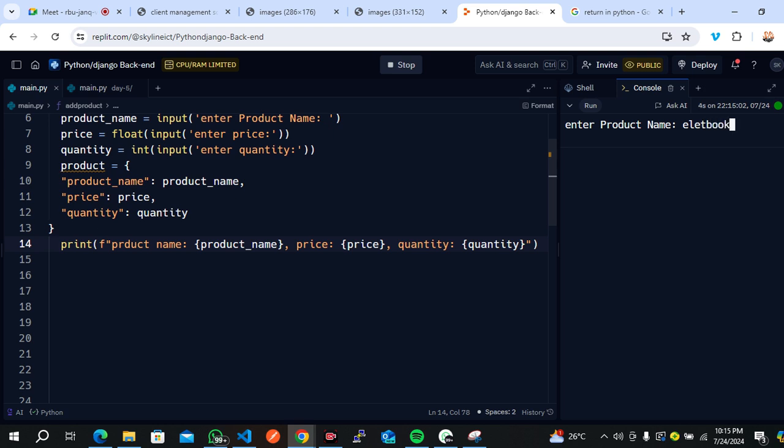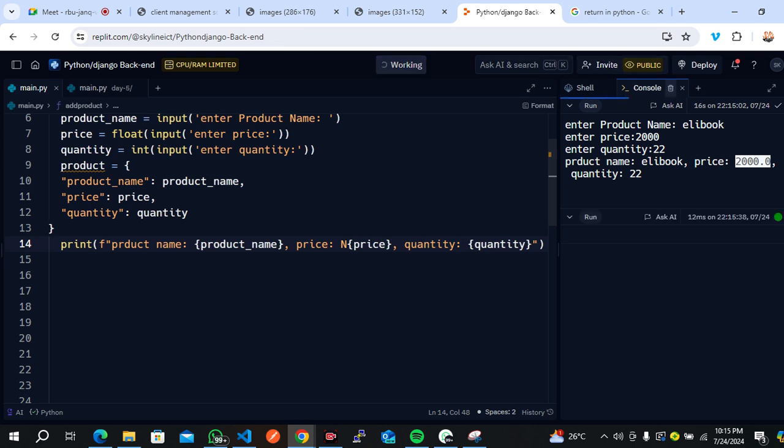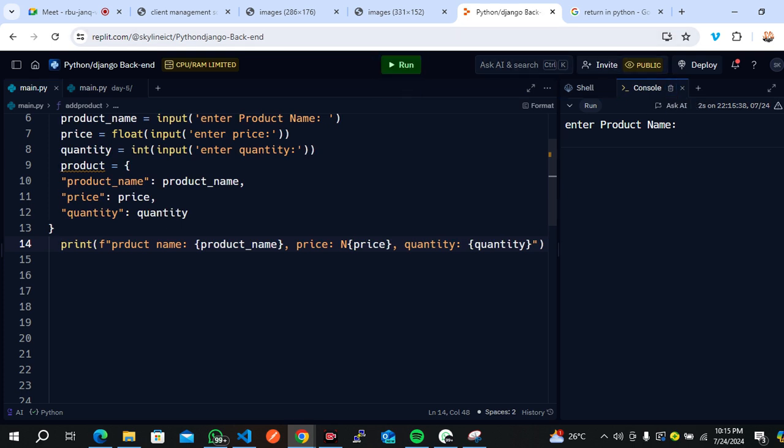Close the bracket for print. It's closed already. Light book. Okay. So when we did that, you can see we're having the light book, and then we're having the amount. So I can decide to come here and add n, so that I can have